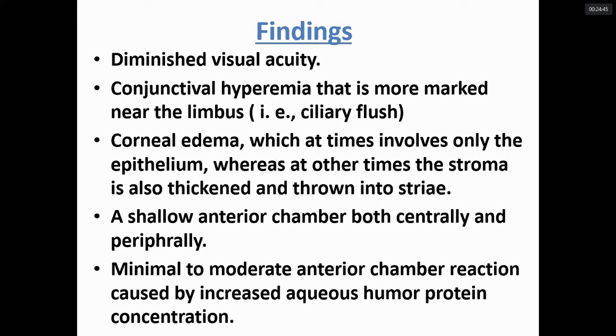If you know the normal things you will see in the cornea, then you can remember the abnormal things according to the disease pattern. What you will see normally in the anterior chamber is the depth and the clarity of the anterior chamber. What happens over here is the depth is shallow in the anterior chamber, both centrally and peripherally, and there are KPs and cells in the anterior chamber.